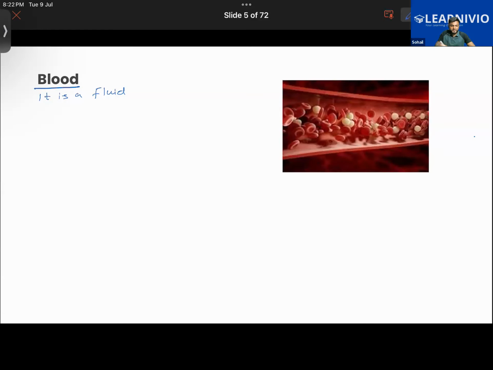So it's a fluid in the circulatory system of some animals. I'm not talking about all the animals, keep that in mind. I'm saying in some animals. So it is a fluid in the circulatory system of some animals that delivers the